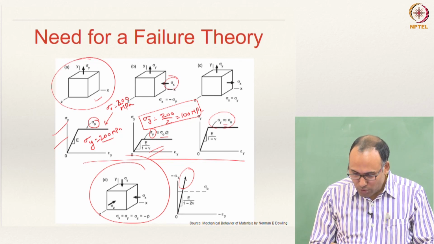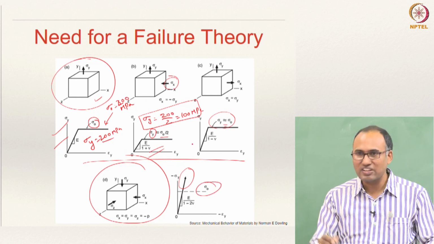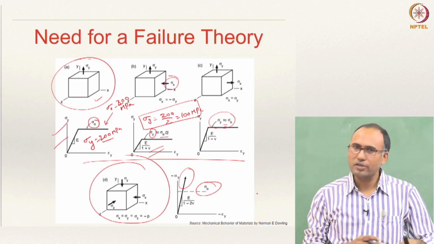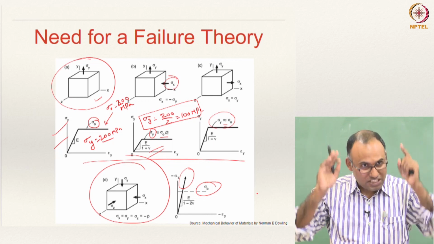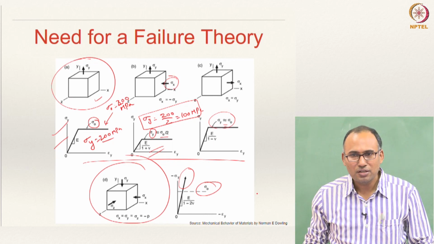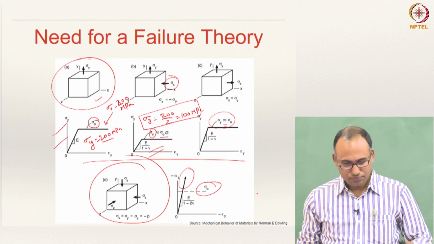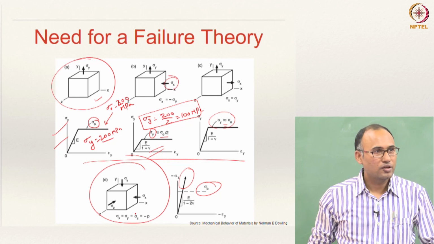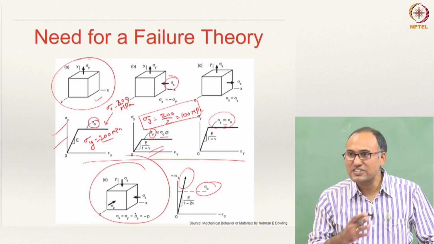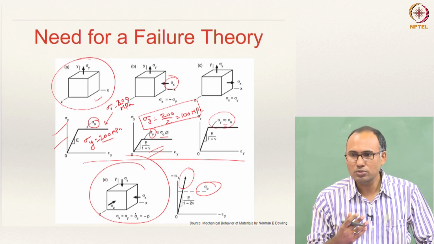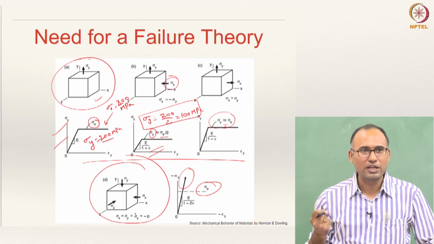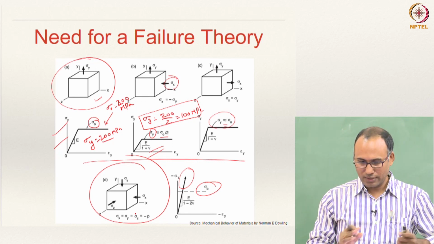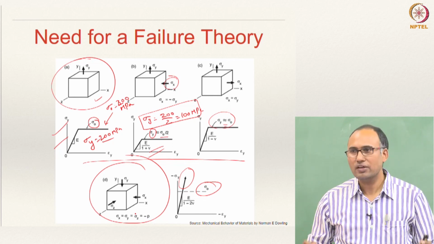And that is why you don't see the flow here. So, here is your sigma naught, but this will never reach your sigma naught. You can keep on applying load. In principle, you can go to any value, and the material will still not plastically deform. Okay? And this is very interesting. Unless your failure theory takes this physical phenomenon into account, you will not be able to prescribe one theory which can describe the failure irrespective of the type of the load. So, that is what brings in the need for defining a failure theory.